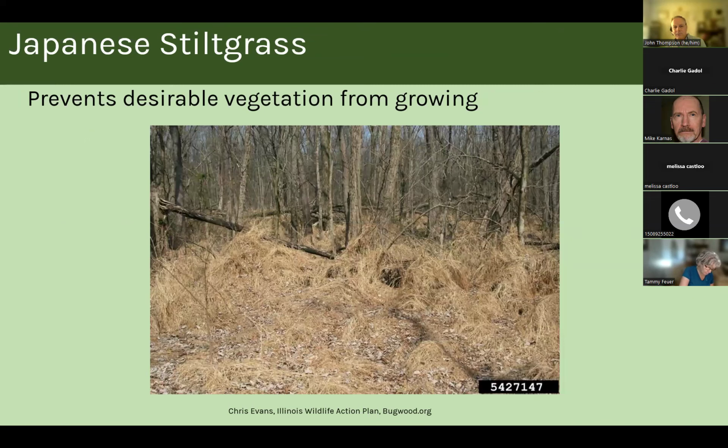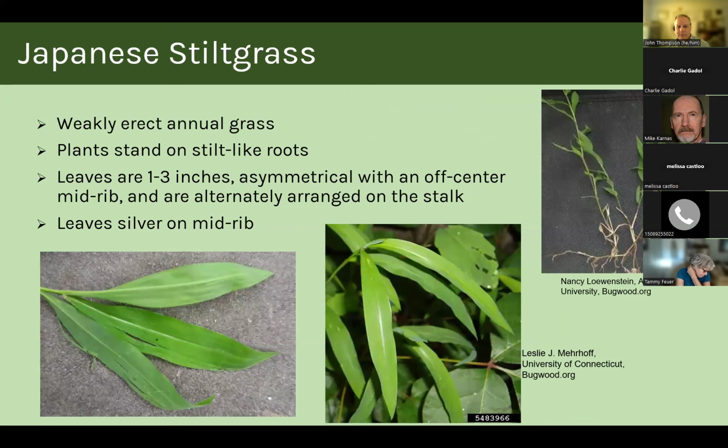You can also see it through the winter. The plants, each grass plant for stilt grass, will be several feet tall, and you'll see it'll flop over other vegetation, down trees, things like that. And you can notice it even in the winter, when the leaves are off the other trees, that all of this yellow stuff here are stems of Japanese stilt grass, which is an annual grass. So it reproduces from seed, as I mentioned, but those seeds can remain viable in the soil for 5 to